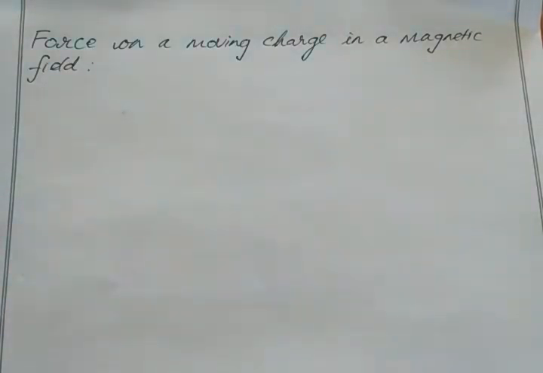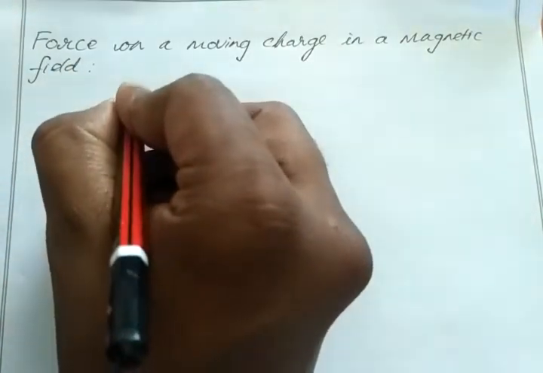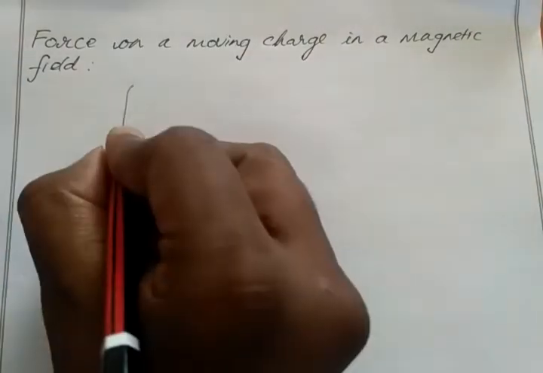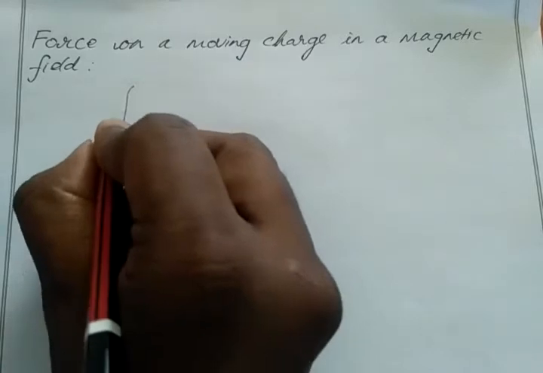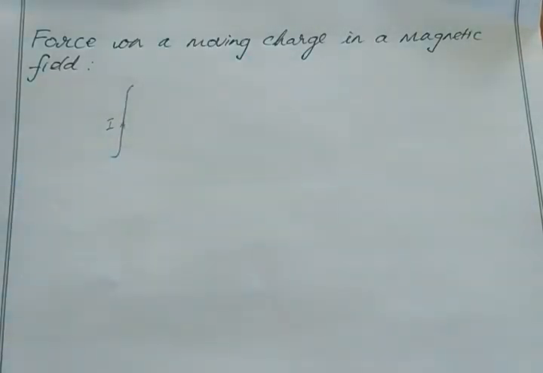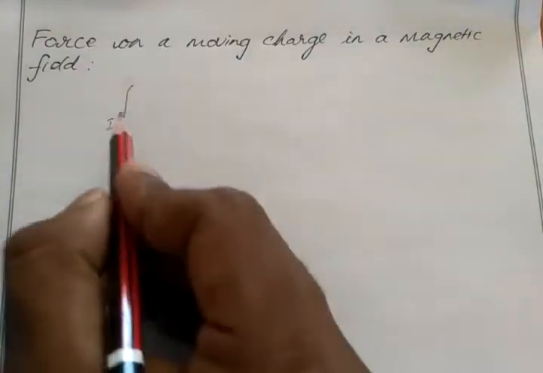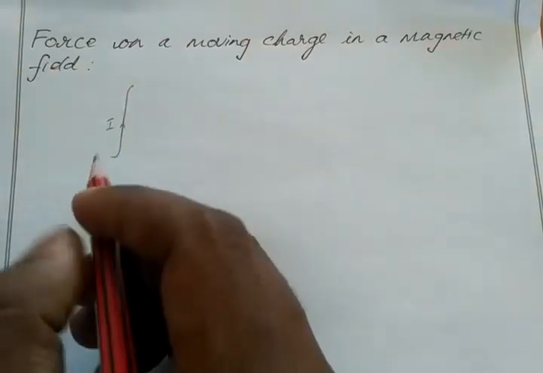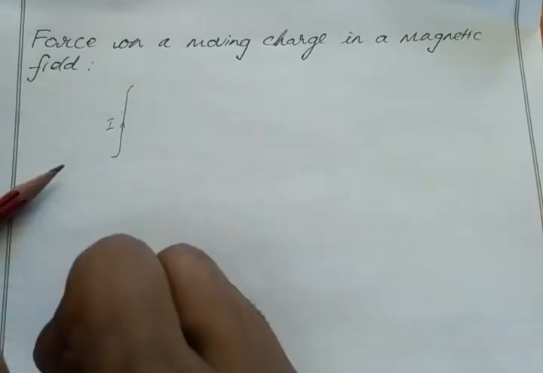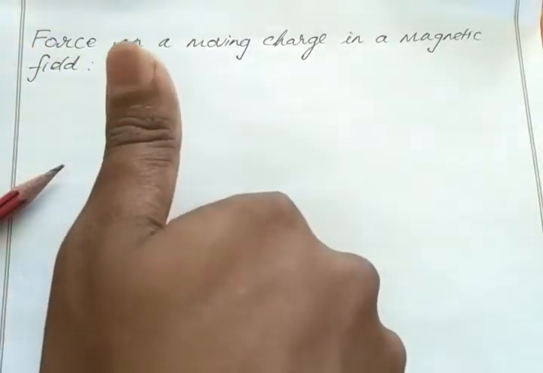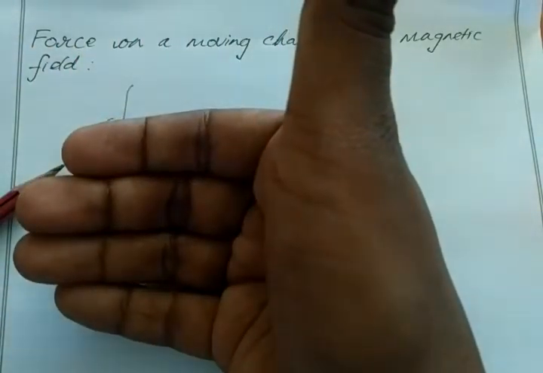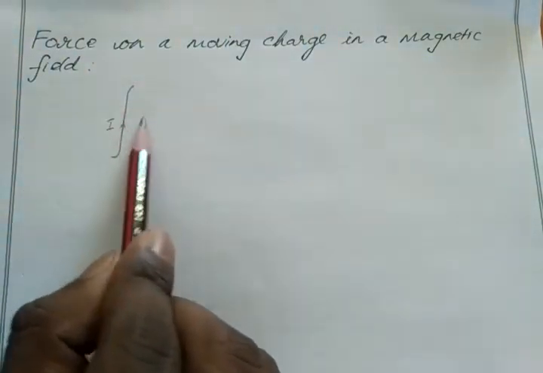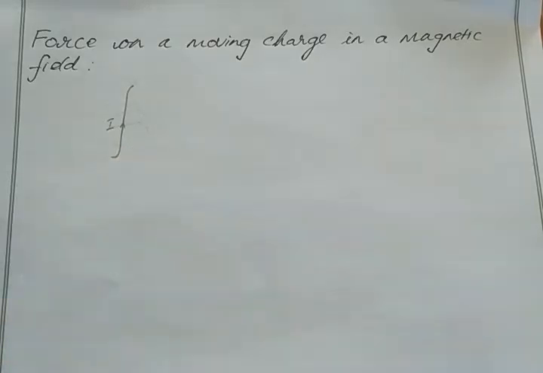So we consider a current carrying conductor. This is our current carrying conductor, which carries a current I. By Oersted effect, when current flows through a wire, it produces a magnetic field around it. The direction of the magnetic field is given by the right hand thumb rule. This is the direction of current, my four curled fingers show the direction of the magnetic field, so I get the magnetic field like this.